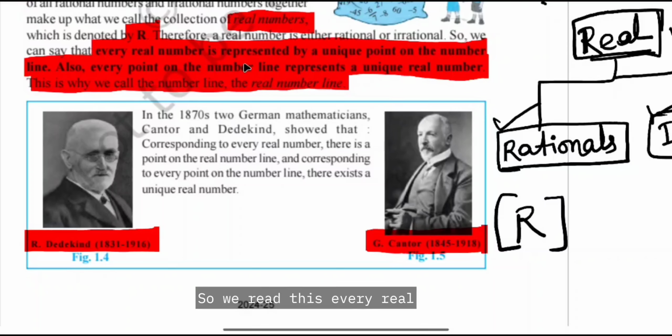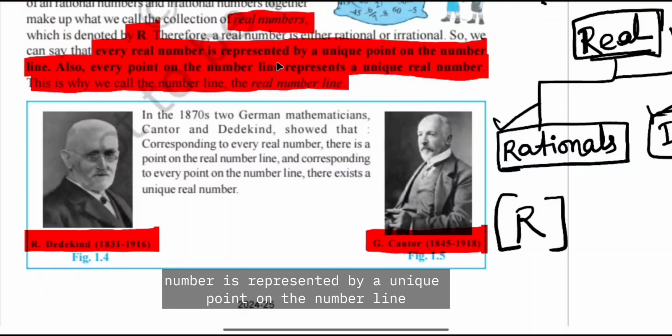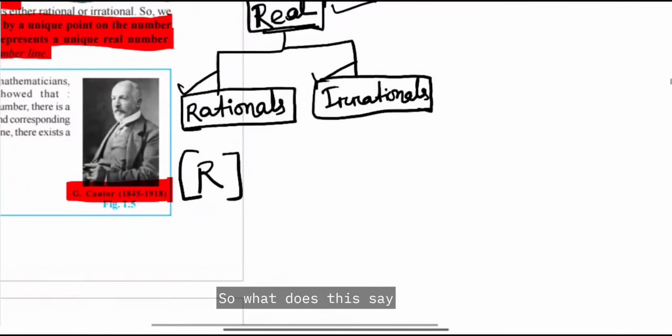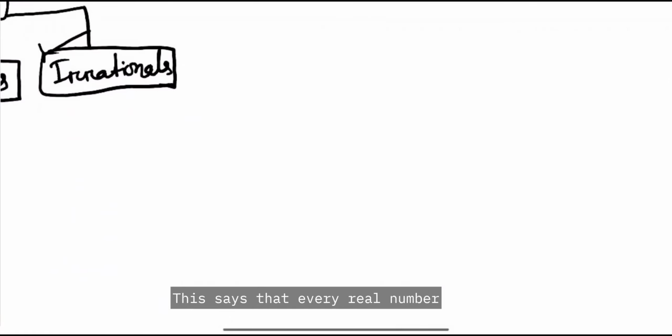Every real number is represented by a unique point on the number line. Also, every point on the number line represents a unique real number. This is why we call the number line the real number line, right? So what does this say? This says that every real number